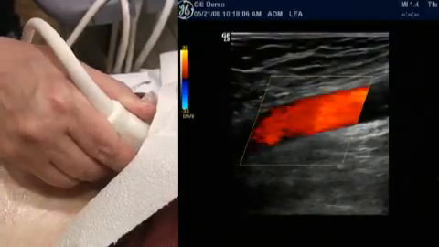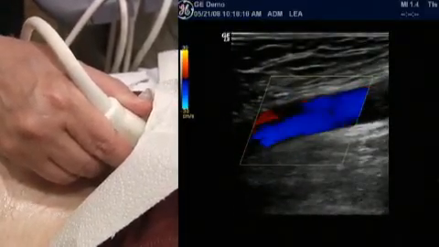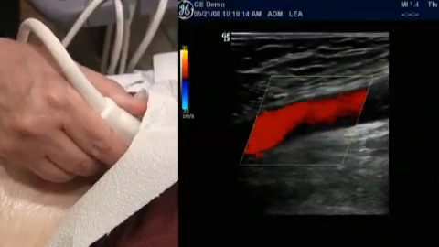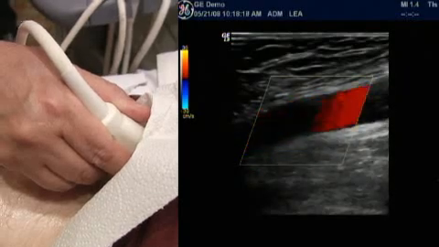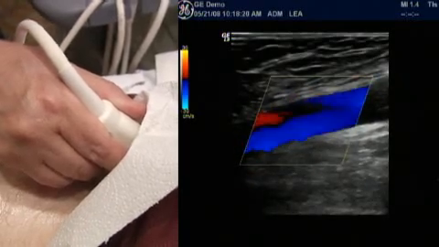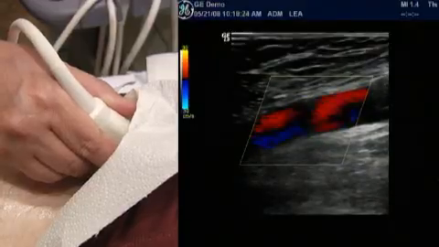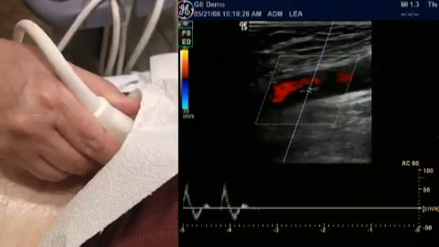You would adjust your color PRF and your gain, because we don't want the gain up too high, and I'm going to just increase the gain for a second to show you what we don't want. We don't want this. We don't want it spilling out into the grayscale. You want to drop it right back until it's pretty much filling to the edge of the wall but not spilling out. If I put in the pulse Doppler,